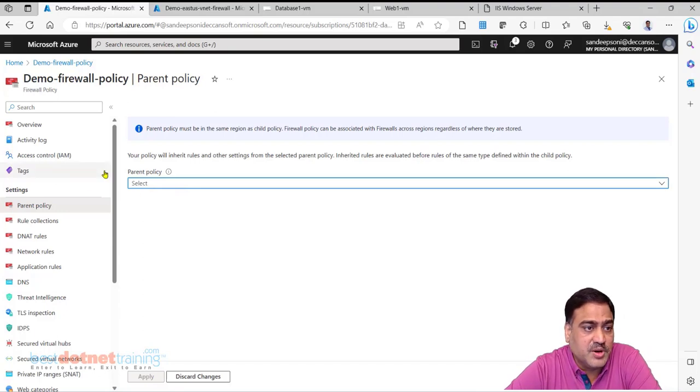And last but not the least, firewall is a pretty expensive service. If you have created it and it is not for real time, do whatever you can in a stipulated time period and delete it instantly. There is no option to disable a firewall.